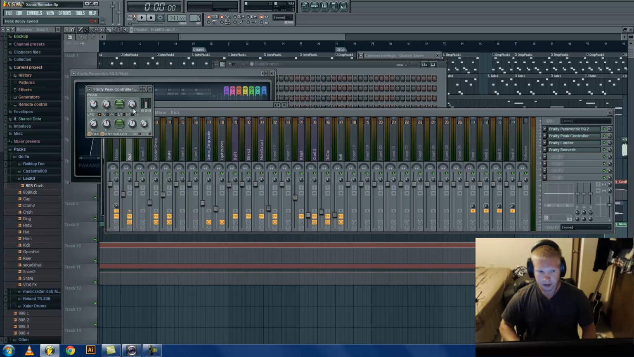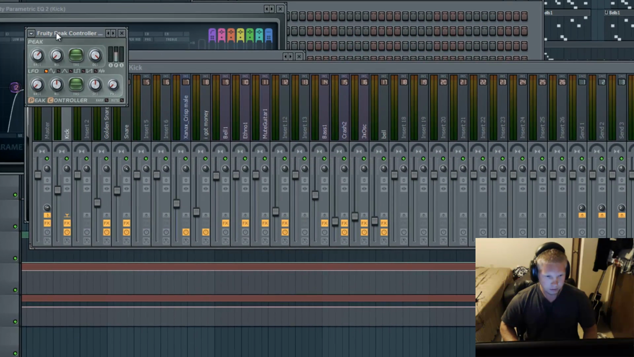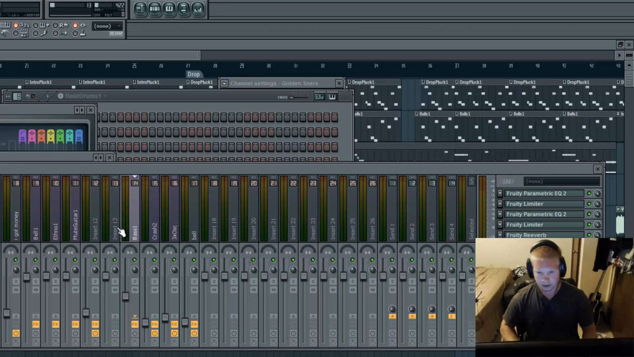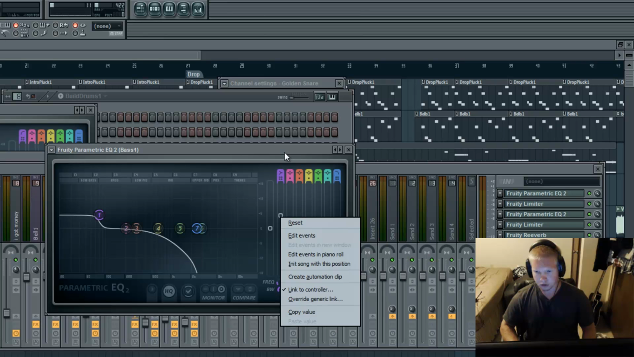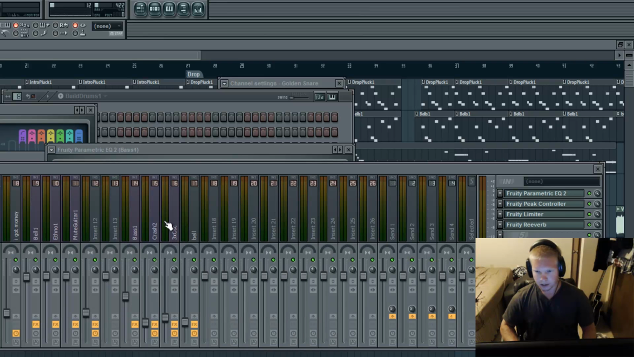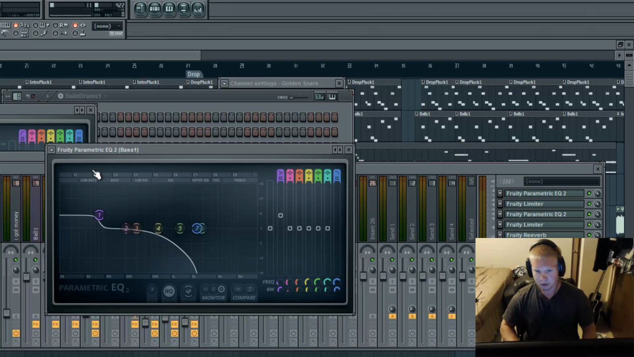Peak controller, that is basically what you use to sidechain in FL Studio. What that does is it makes it so that when the kick drum plays, something else gets lower in volume. So I had this peak controller and I linked it to the bass's parametric EQ. I right click on this and link to controller, and whenever the kick hits, the bass part of the actual bass will